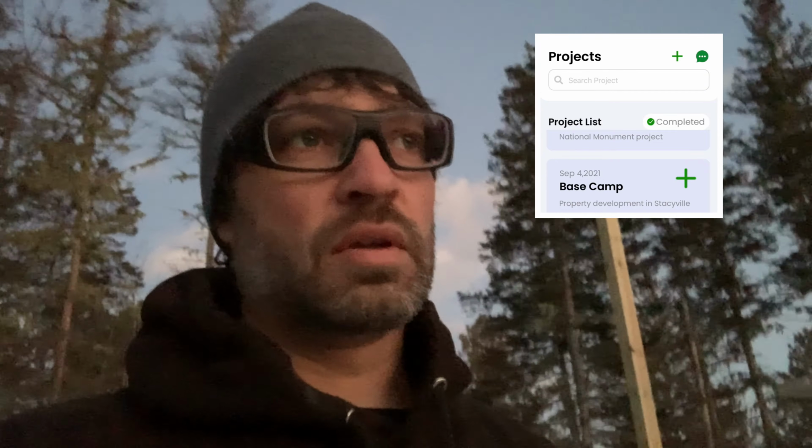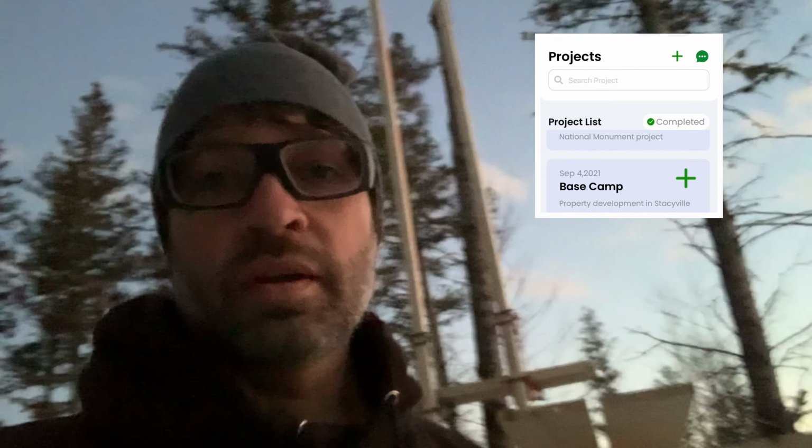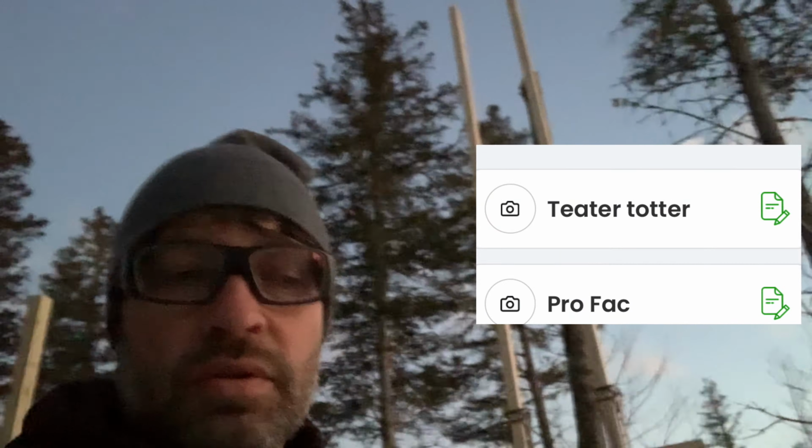So, end of the day, Grainchek. See the sun setting. Basically, I've been doing the same task on the project called Base Camp all day. So I'm going to go into the Base Camp project, select the task that I've set up for the teeter-totter, and take a picture of what I've been doing,